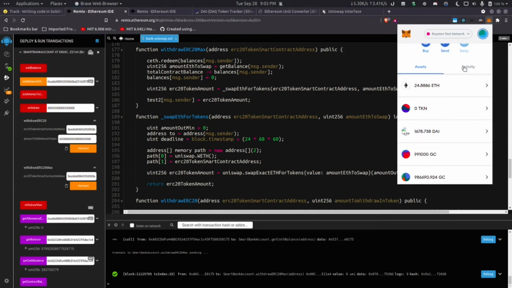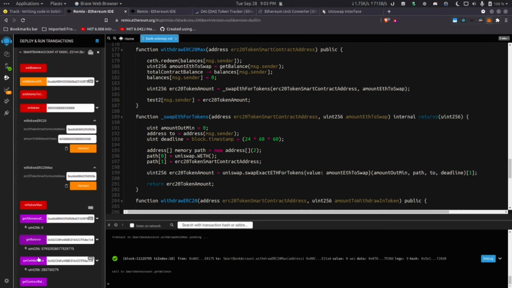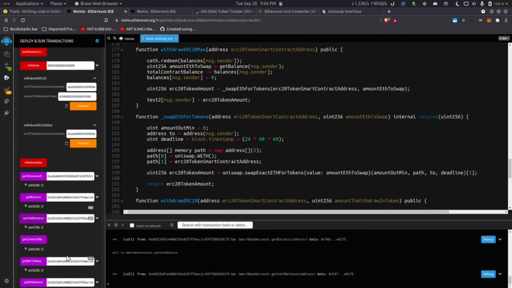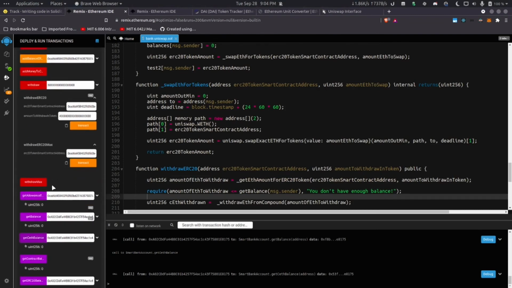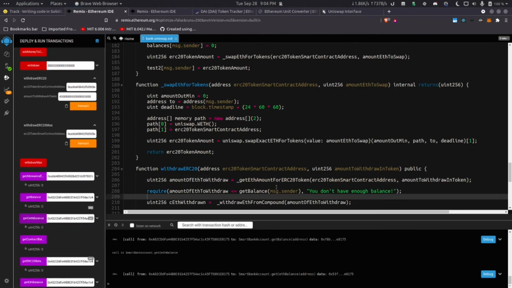Okay, let's refresh it. So right now it is 1678. Cool. We have got the whole amount. Now the balance should be 0. Well, it is. And now that we have done the flow, let's analyze the withdraw ERC20 function,